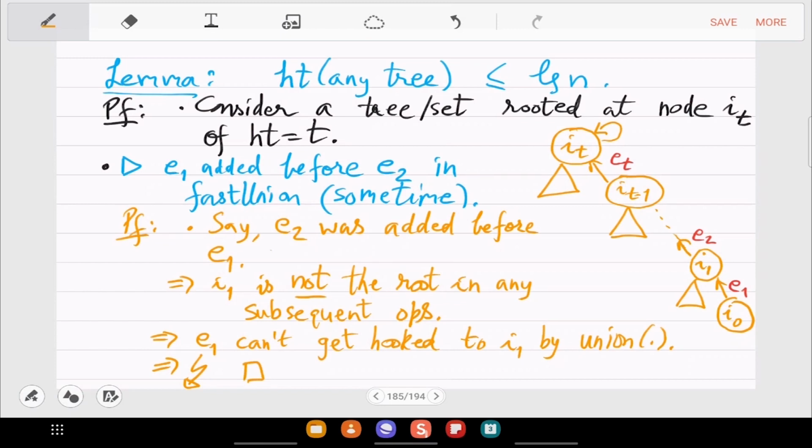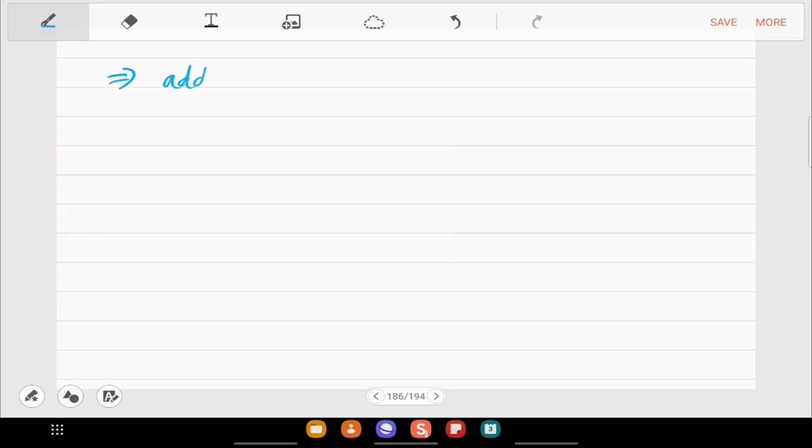So this contradiction means that first union will add E1, and after that E2, and then after that E3, and so on. Right. So the order of union goes from E1, E2, dot dot ET. Okay, this is the strict order.